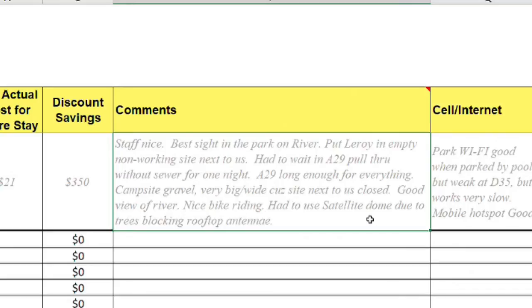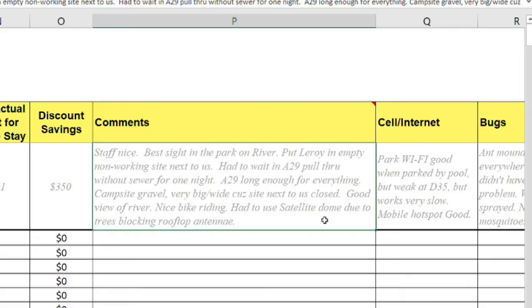Some comments I put in here. The staff was nice. It was the best site in the park on the river. We put Leroy in an empty non-working site next to us. We had to wait an A29 pull-through without sewer for 1 night. A29 was long enough for everything. Campsite was gravel. It was very big, wide because there was nobody next to us. Good view of the river, nice bike riding, and we had to use our satellite dome due to the trees